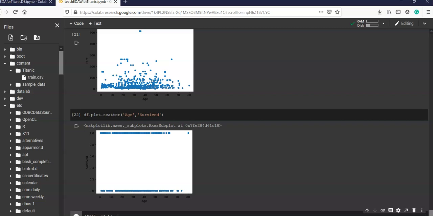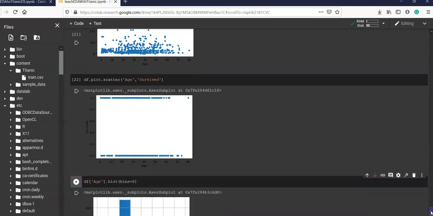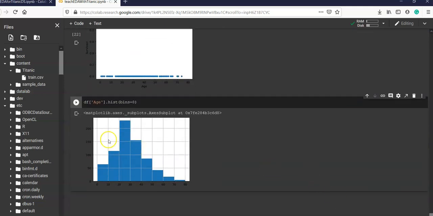Now here we need to specify the number of bins that we are going to use. Here I am going to use 8 bins for the age. Now this is the histogram. Now see here, in the range between 0 to 10, there are approximately